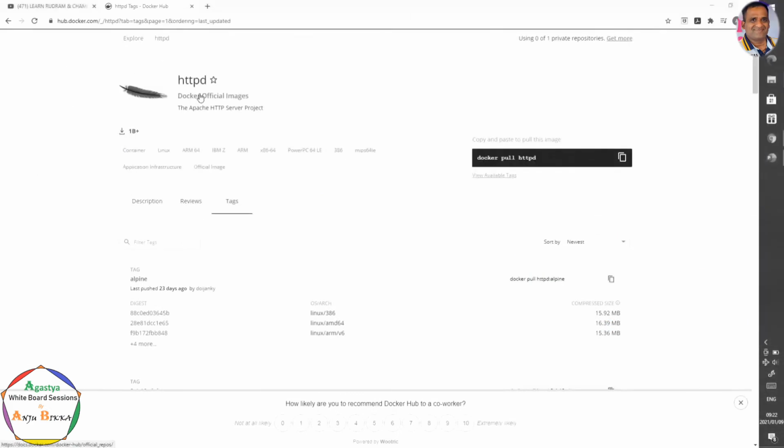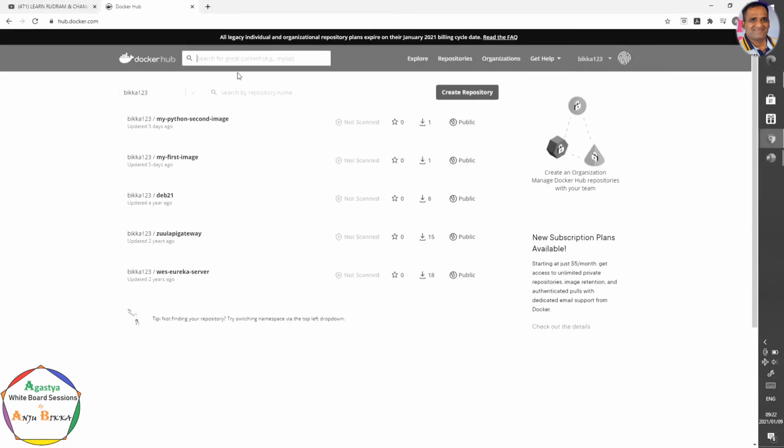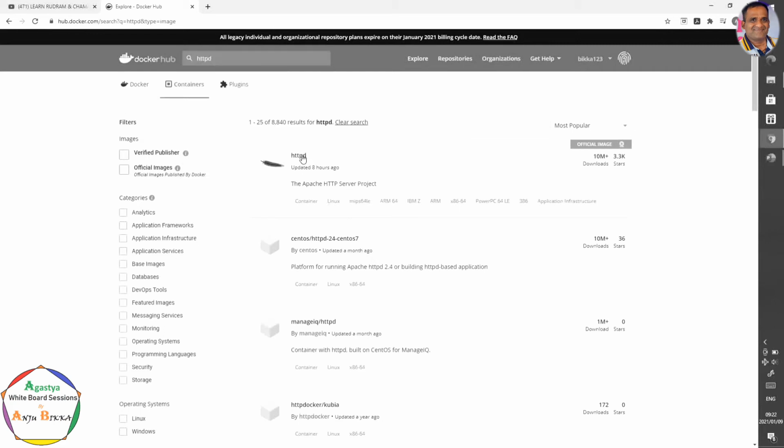Let's start running the HTTPD Apache HTTPD server. Open hub.docker.com, then you can search for HTTPD. Here, if we go to hub.docker.com and search for HTTPD, you can see HTTPD, the Apache HTTP project.